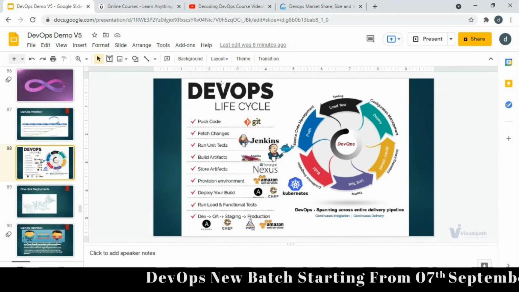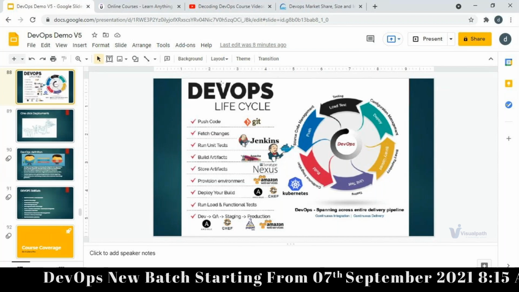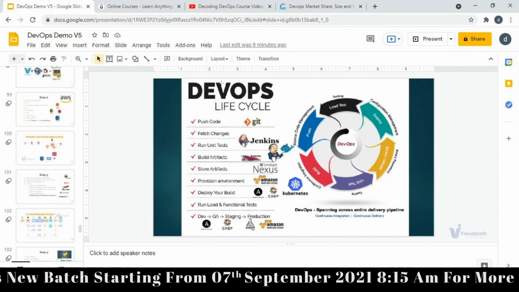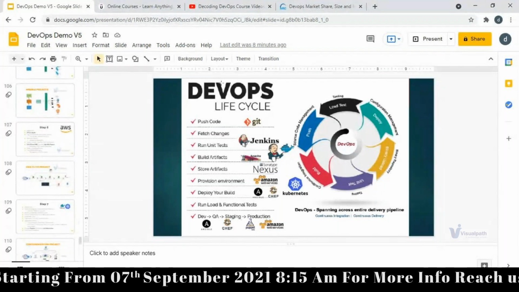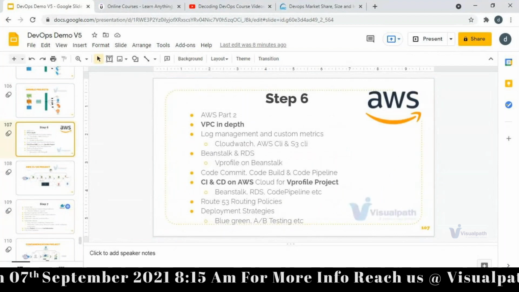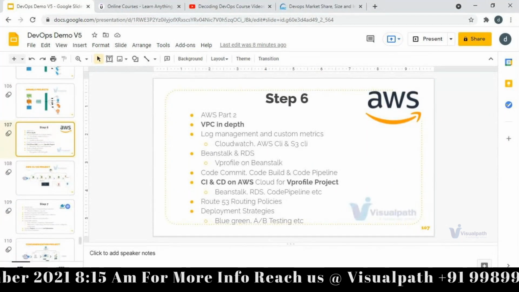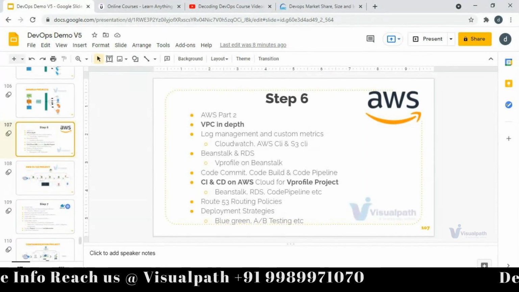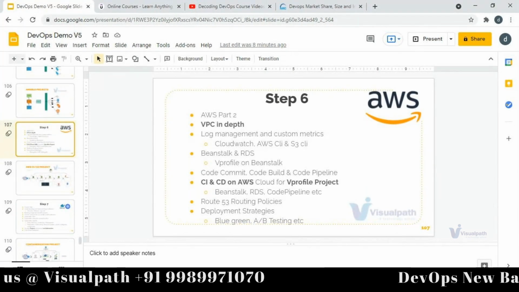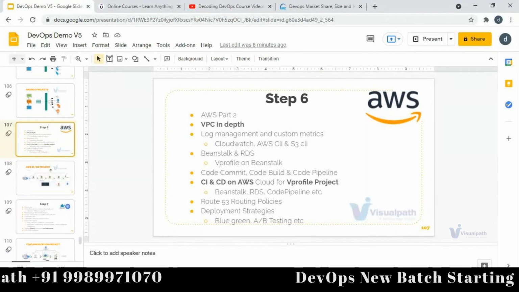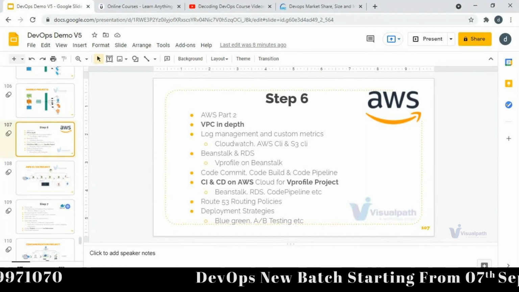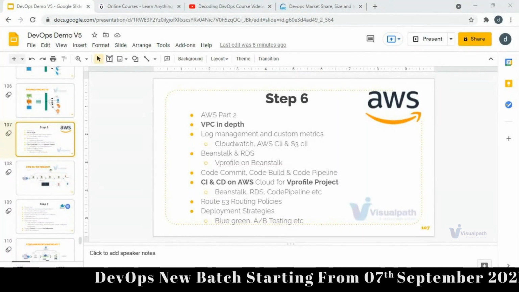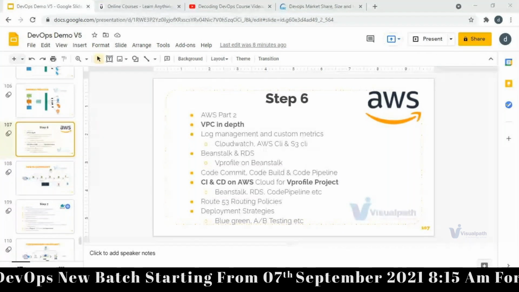Once you learn how to do a CI/CD pipeline, we are going to do the AWS CI/CD pipeline using all the AWS services, and you will see how easy it is for you to understand how AWS does CI/CD. That will be AWS DevOps. Okay, that was a long answer, but it is worth it, because I'm getting this question many times. Clear?